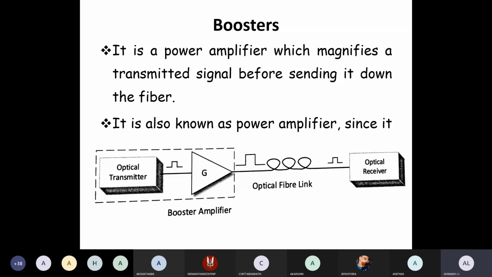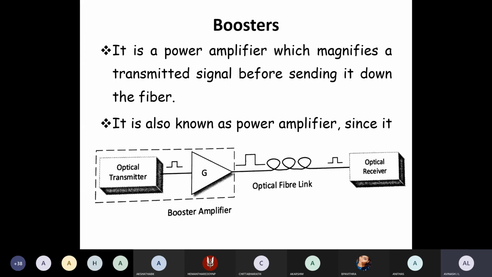The name indicates booster. Booster is required where? Once the optical receiver is receiving a signal of lesser intensity, we understand one thing from it: if the optical receiver is receiving the signal at a lower level and we increase the sending intensity, obviously the optical receiver will receive it in a better way. That particular indication is called a booster.